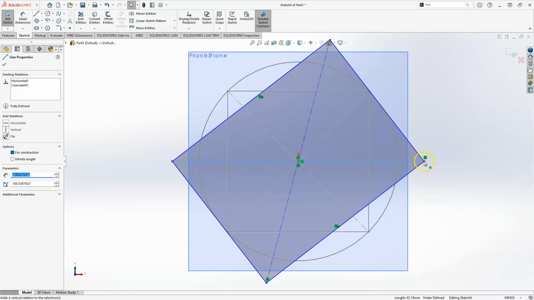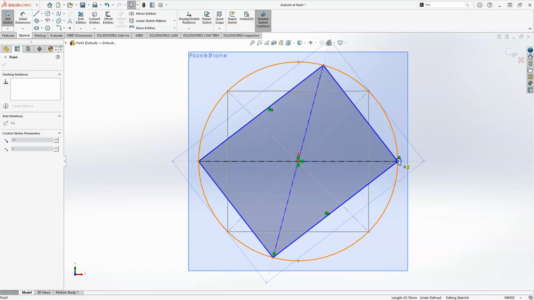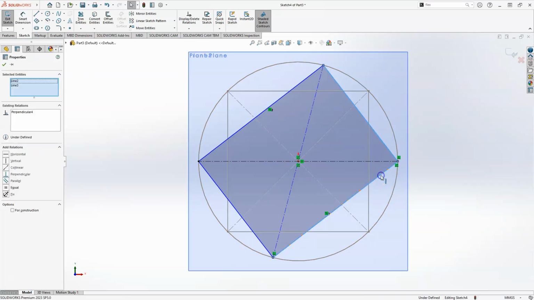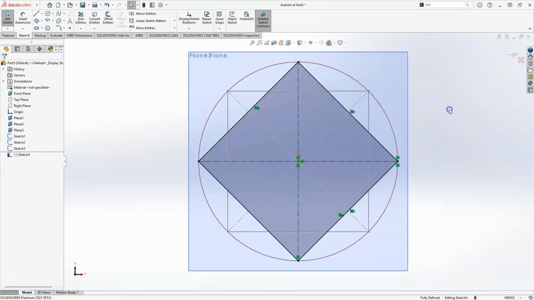Then make this edge to go and be coincident with the circle. And lastly, you have to make these 2 sides equal to make it a square. See, now you have a square rotated 45 degrees. Now go back,